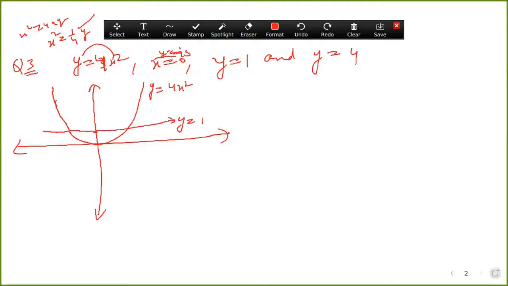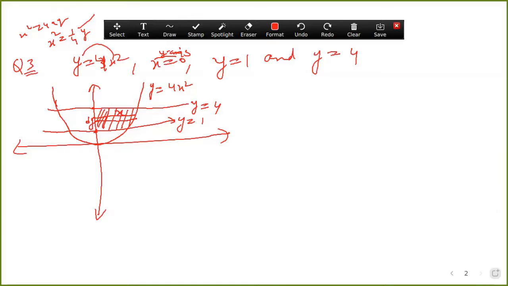And y is equal to 4, suppose this is 4. This is 1, this is 4. This is a line which is y is equal to 4. And we have to calculate in the first quadrant. It means this shaded portion we have to calculate. When I take a strip like this, a rectangular strip, this is dy, and this is